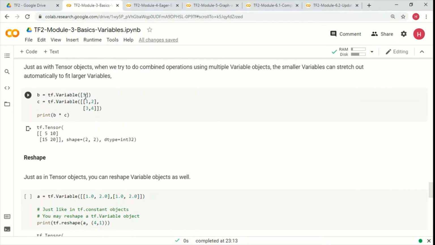So in this particular case, 1 is getting multiplied by 5, 5 and 2 are getting multiplied, 5 and 3 are getting multiplied, 5 and 4 are getting multiplied. So this is the result that we get out of it, right?